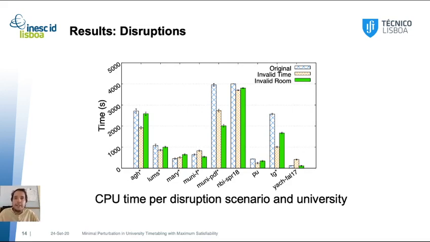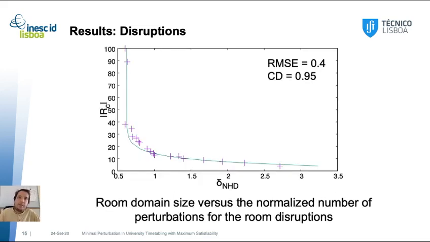We can see the exceptions to these rules are these instances where the execution time takes longer to solve the disrupted instances, and this can be explained by the fact they have more perturbations because the domain is smaller. Here we can see a graph that shows the average room domain of a class and the Hamming distance, and we can see when we have smaller domains we will need to do more perturbations to return to normality, and so we will spend more time.